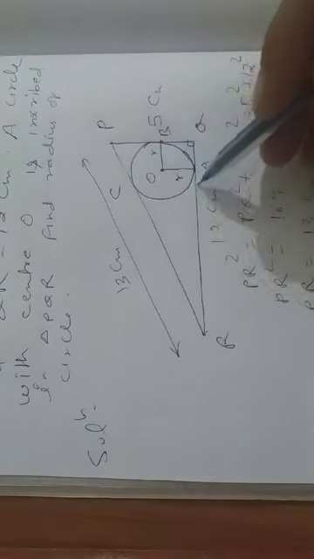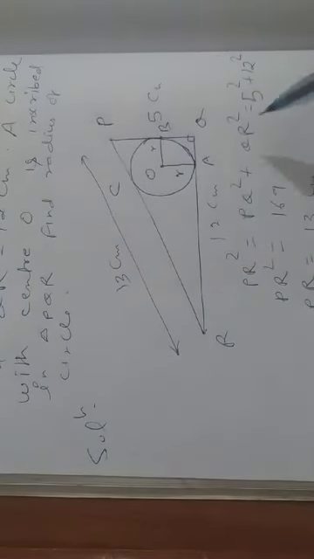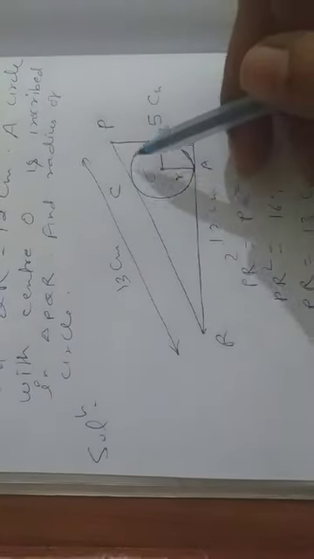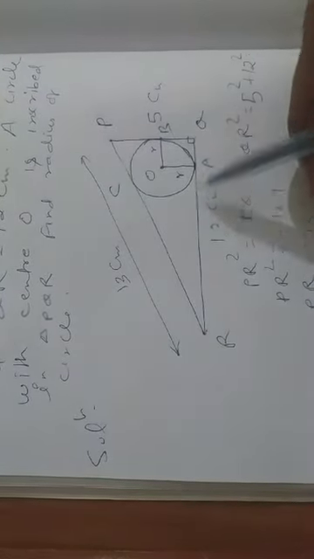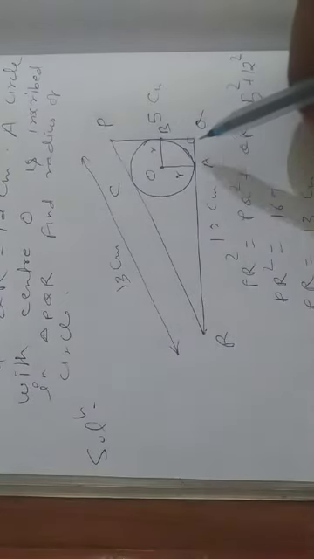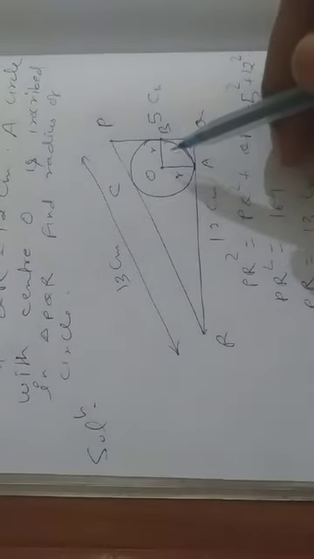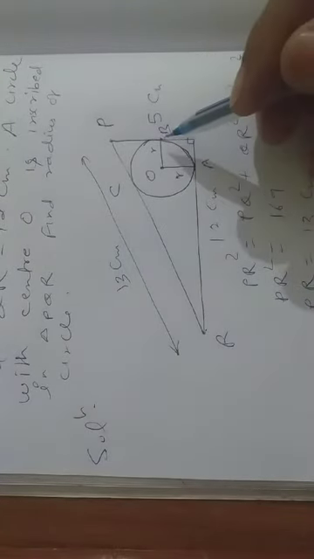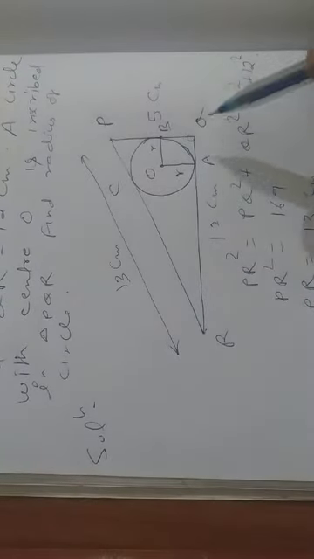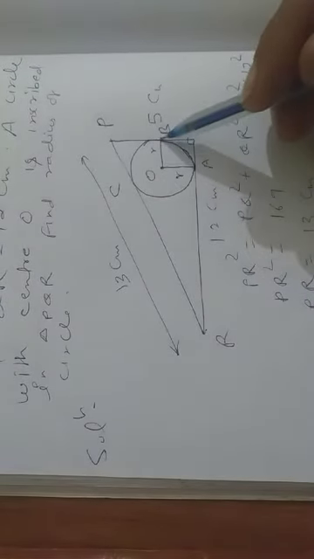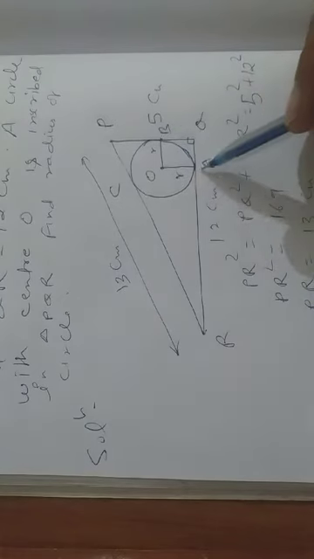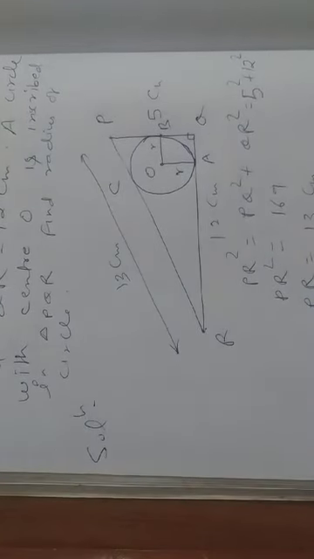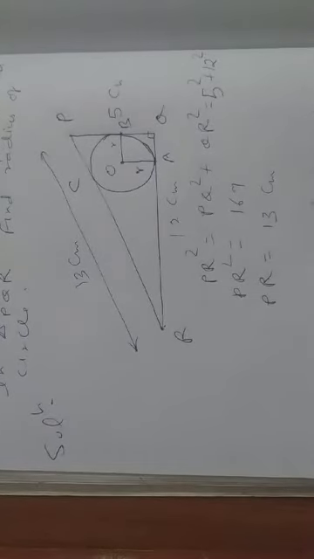Now dear students, consider this circle with center O. This is inscribed in this triangle. So the sides of this triangle will be tangents of this circle, that is PQ, QR and RP are tangents to this circle at points B, A and C respectively. So dear students, if we join O and B, then OB will be the radius of the circle and OA also will be the radius of the circle.